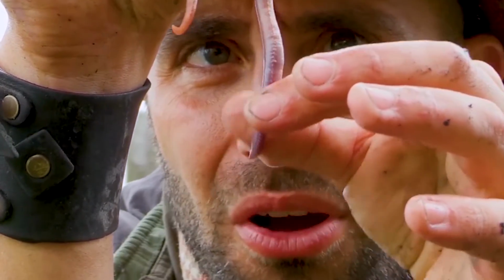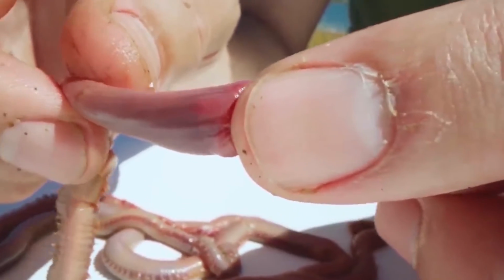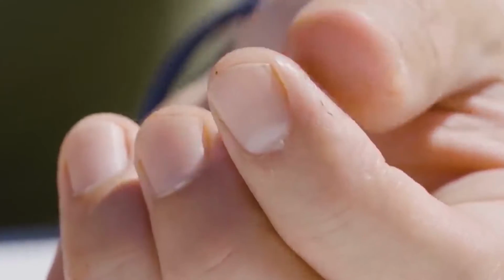However, it is best to exercise caution when handling these worms, as the sharp jaws can easily break the skin and cause a painful bite. So what would it feel like to be bitten by one? To explain this as best as possible, we'd have to say a bloodworm's bite is much like a bee and